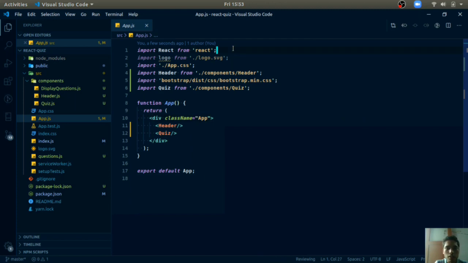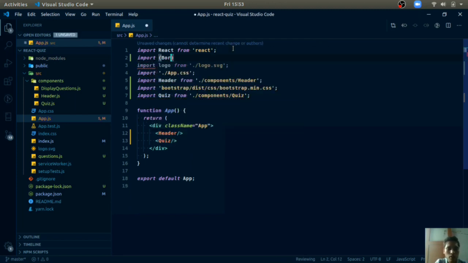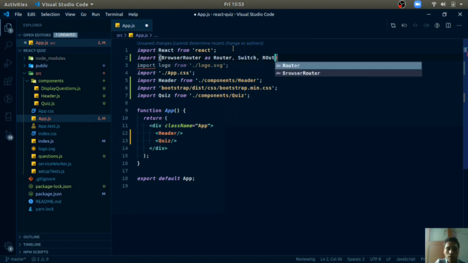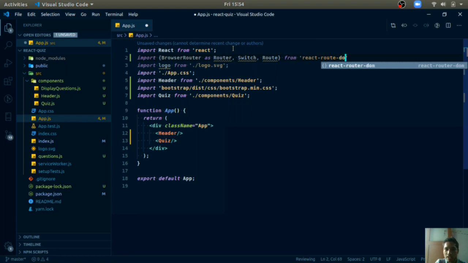Now let's use that component here. Import BrowserRouter as Router, Switch, and another thing we will need is Route, from react-router-dom. I will tell you how we can use this.